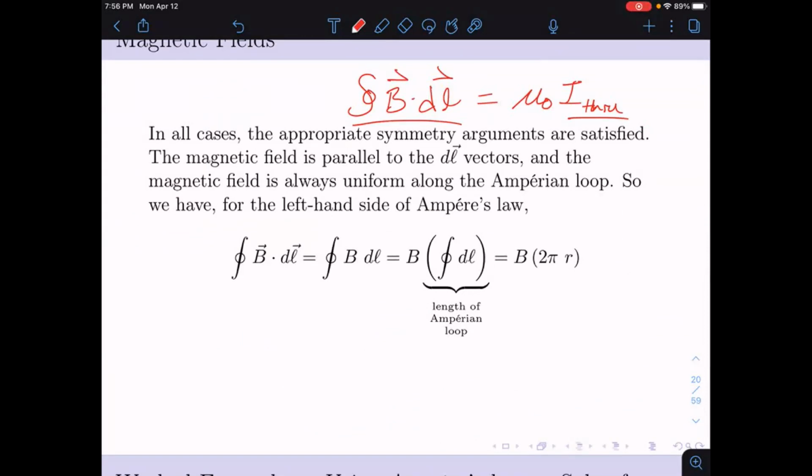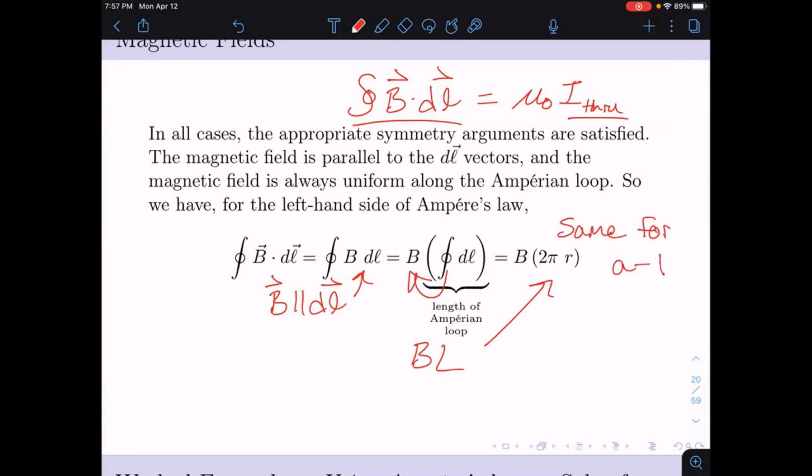Those vectors are parallel to one another, B parallel to dl. That leads me here. B field is constant, so I pull it out of my integral. That leads me to that 2nd step there. And then finally, I can plug in just the length of my Amperian loop, which for a circle should just be the circumference of my loop. All right, so I have B just times 2 pi r. This is going to be the same for A through D, because my loop didn't change. I've still got the same Amperian loop. Its radius just changed. But since this radius is my variable that I'm concerned with anyway,